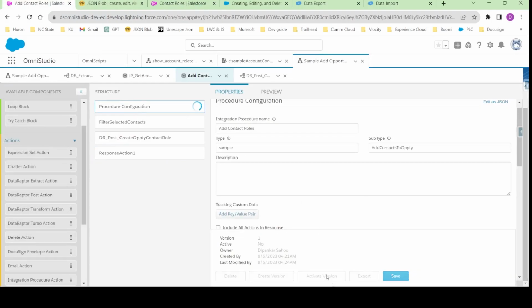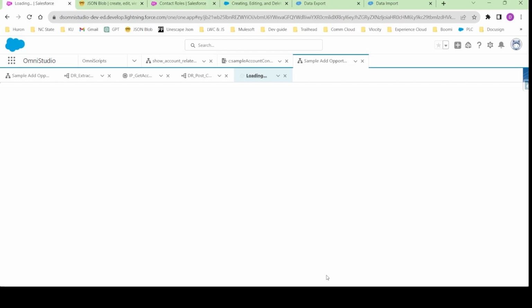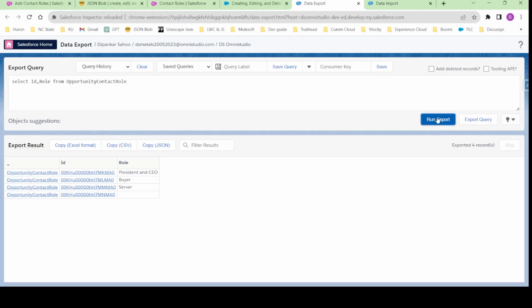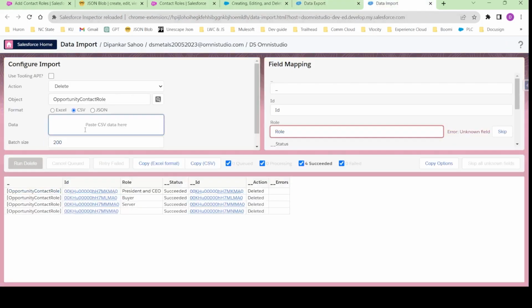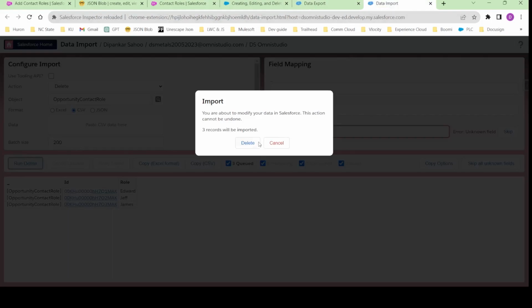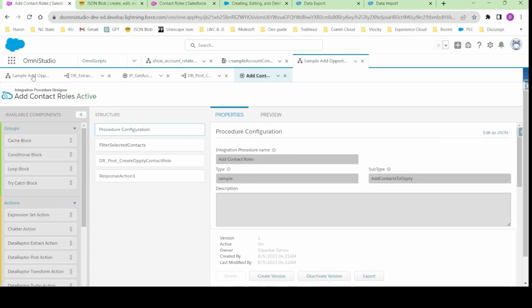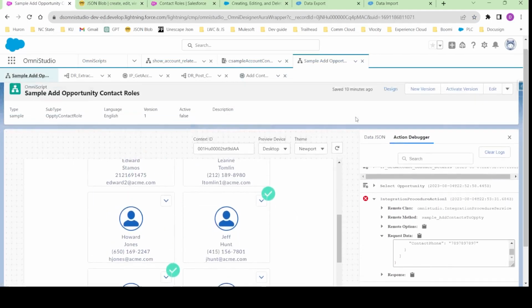Okay, so now I am gonna activate it, and for that part let me run the export and delete the contact roles. It is taking some time. I'll run delete. Okay, all right, we are almost done with everything,